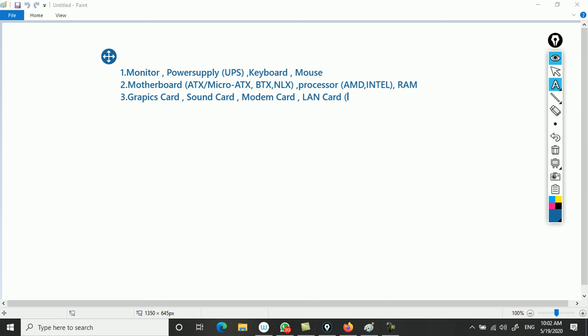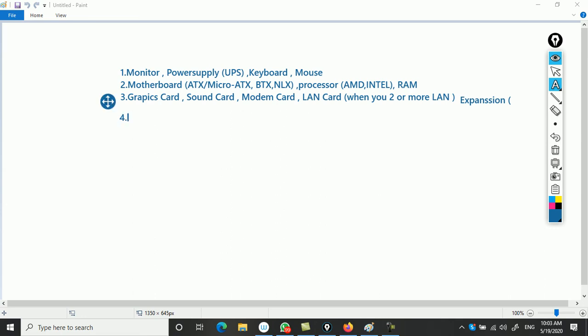Now in case you need two or more LAN connections, suppose you want to connect with two ISPs, or you want to do NIC teaming, or bridging or something, in that case you can go for that extra LAN adapter, I mean extra LAN card. That also depends on your motherboard slots, PCI slot, I mean expansion slots, whether you have an extra expansion slot where you can fix it. So then you will be coming to this part,